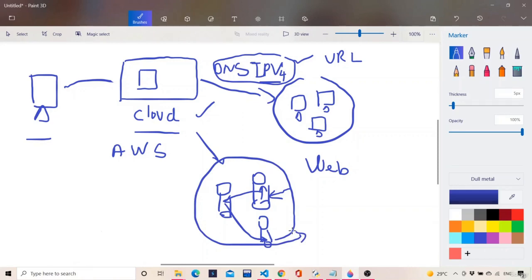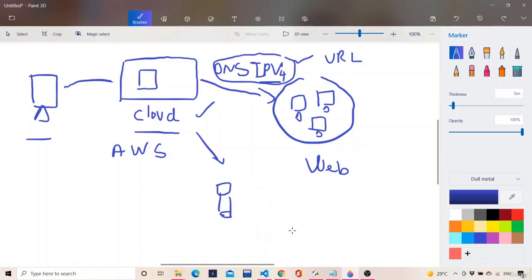Okay, so only one URL, but so many users are using that URL, so the servers are getting split into so many kinds of stuff, and then that is becoming like a pool of resources. So this is nothing but resource sharing, or resource pooling also we can say. So that is what is happening inside the cloud. That means that is one part of what is happening inside it.